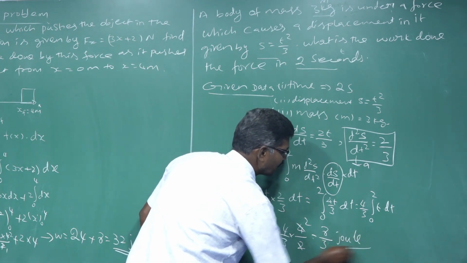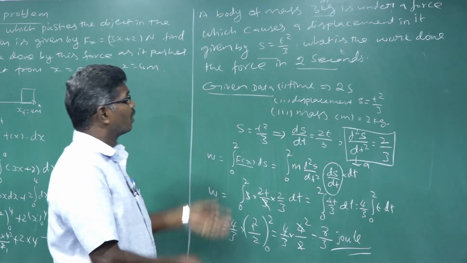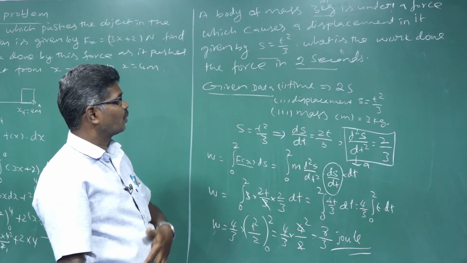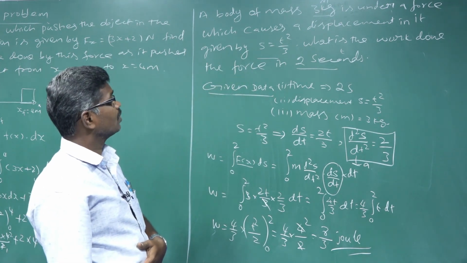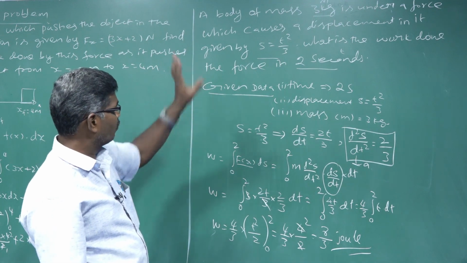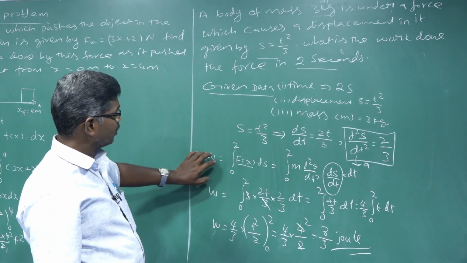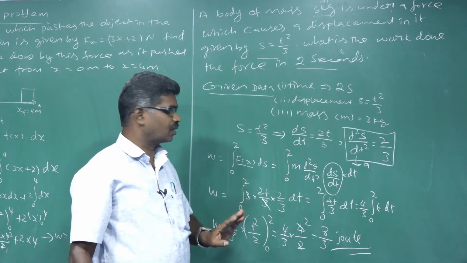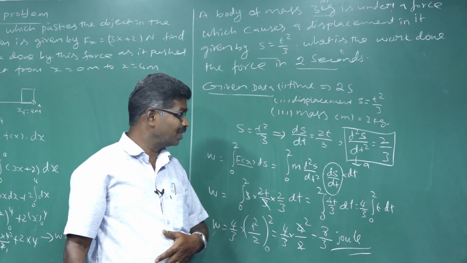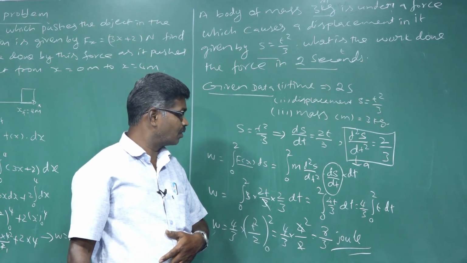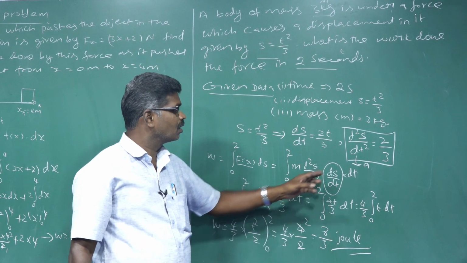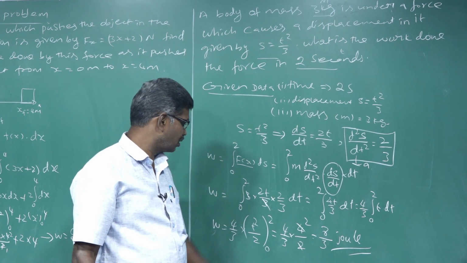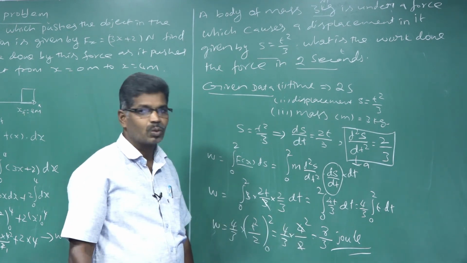That is the final work done of our movement from 0 second to 2 second. There our displacement is a time varying displacement, and we have a mass. Anyhow, we have the general formula, work done is equal to force into displacement. Instead of force, we take mass into acceleration. Acceleration is d squared s divided by dt squared. And there our differentiation formula ds by dt, we have the value, we substituted, and we get the final value of 8 by 3 joule. Okay, thank you.